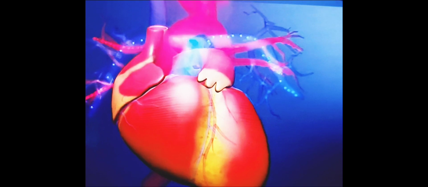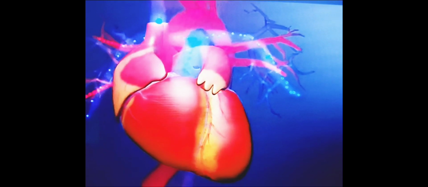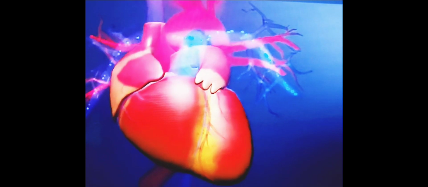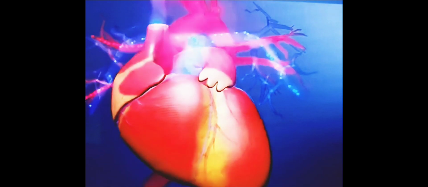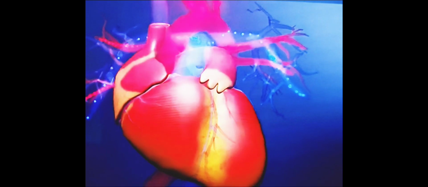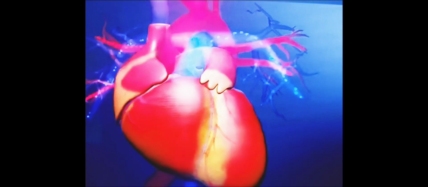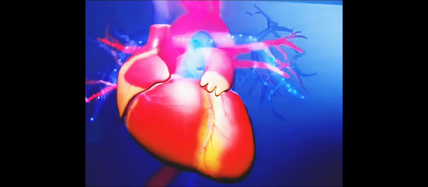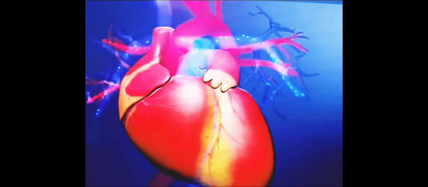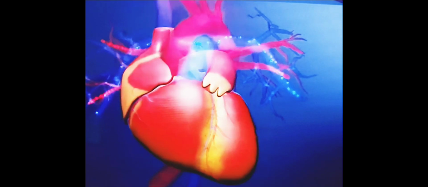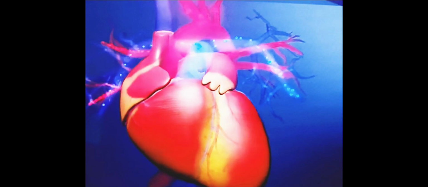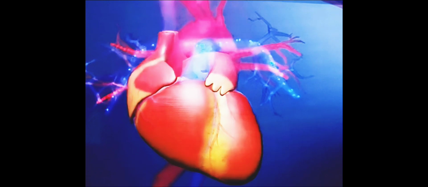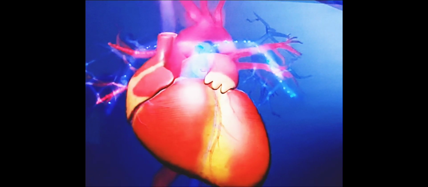The intercalated discs connect the cardiac muscle cells. Gap junctions relay electrical impulses from one cardiac muscle to another. Desmosomes hold the cardiac muscles together. The pacemaker cells generate the electrical impulses or action potentials that control the heart rate and the speed at which the heart pumps blood. This is how the working of the cardiac muscles is very highly specialized.